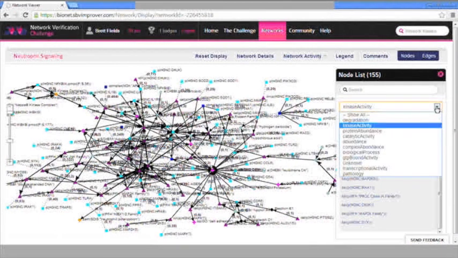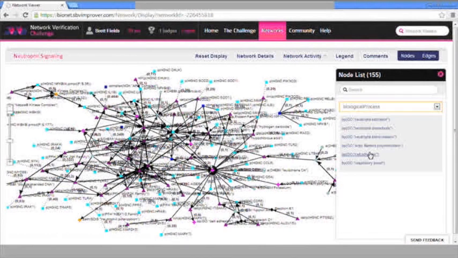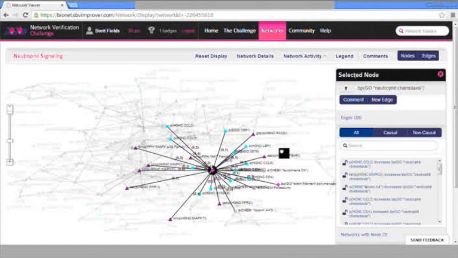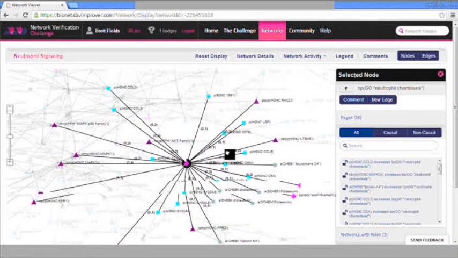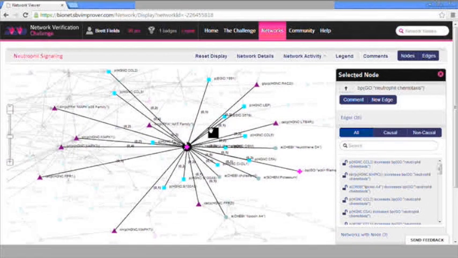And then similarly, you could filter this list by biological process. This gives a list of 6 BEL terms that are associated specifically with biological processes found in this network. From this list, we can easily select, for example, the neutrophil chemotaxis node in the network. This allows us to zoom in and look at specifically what entities in the network may influence neutrophil chemotaxis. In this case, we see that there are a total of 26 edges connected to the neutrophil chemotaxis node. One example would be the protein of CCL3 increases the process of neutrophil chemotaxis. So if we select this example,